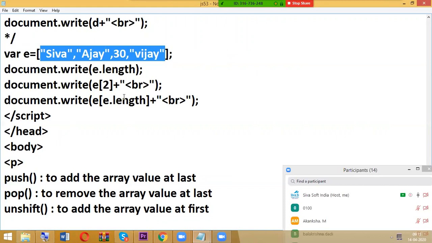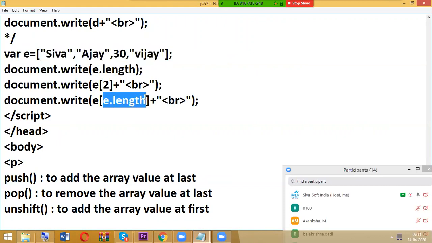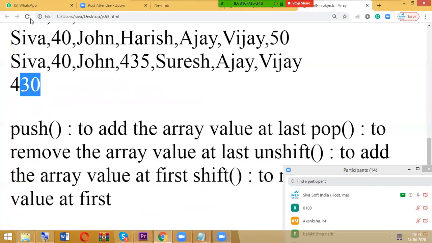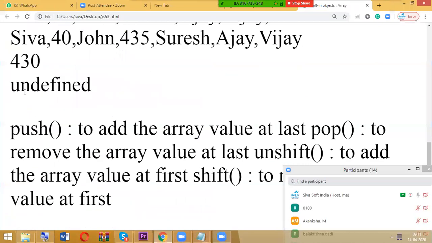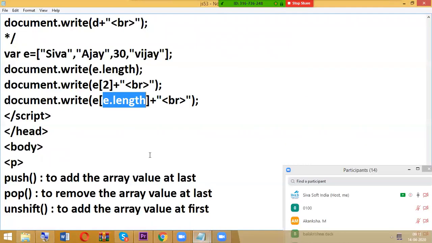Totally 4. So E of length, E of 4. E of 4 means what? Vijay. One second. E of E.length.